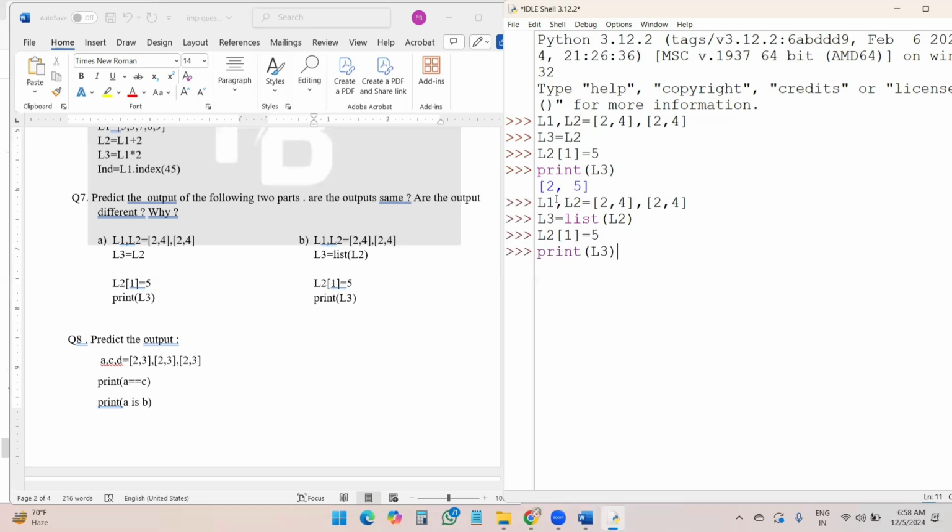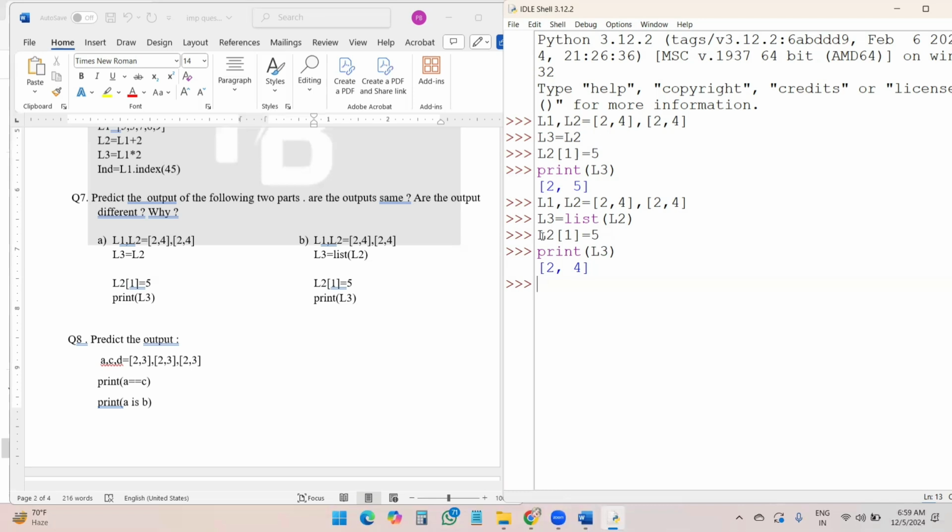Okay, student. So now you see there is no change. It's 2, 4. Why? Now see, I will explain it to you. With the use of the list function, when I write L2 here and copy it into L3, that's a copy. But if I make any changes in L2, because of this list function, that change does not reflect in L3 because they are independent of each other.